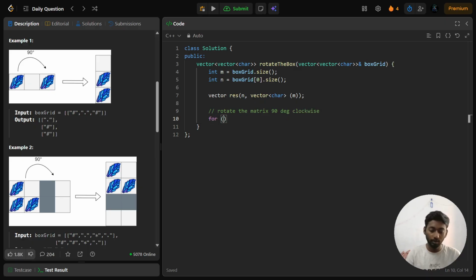So for that, what we will do, we'll simply loop over the original matrix, and we will also do v plus plus. Like the original matrix, the ij cell, we will copy this value to